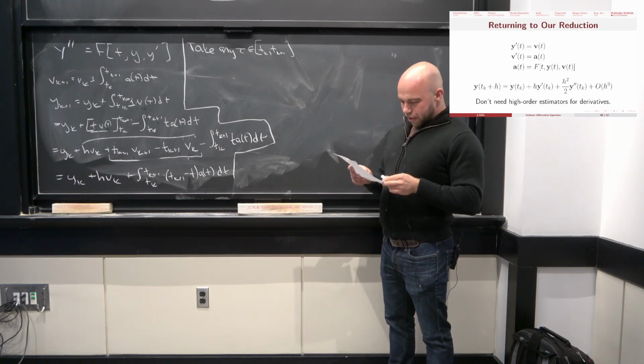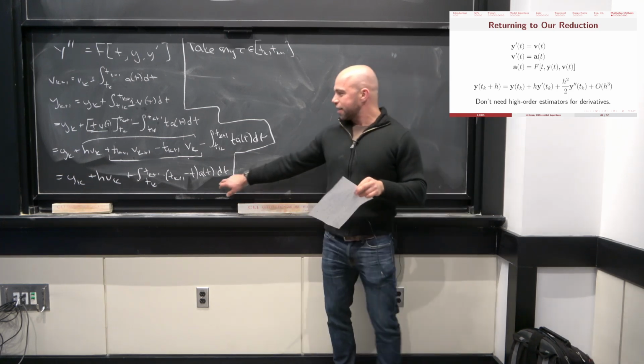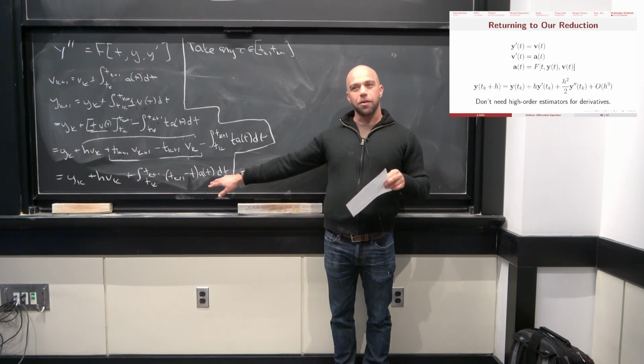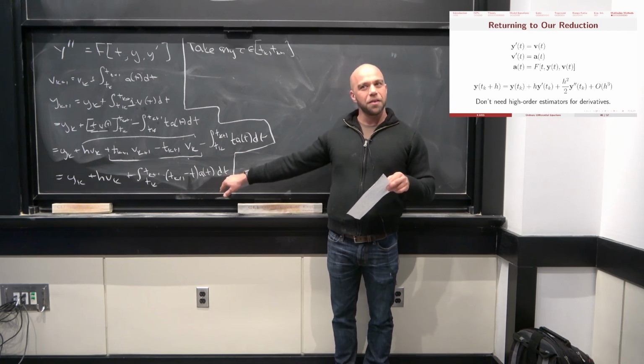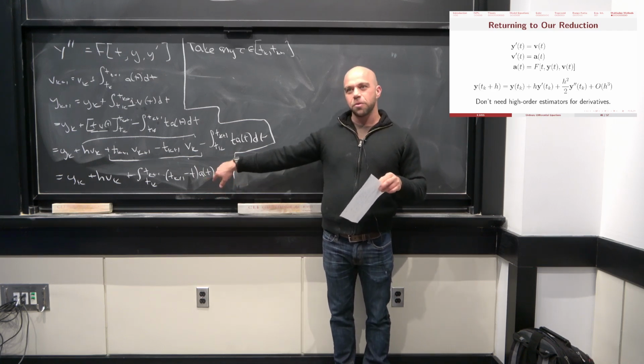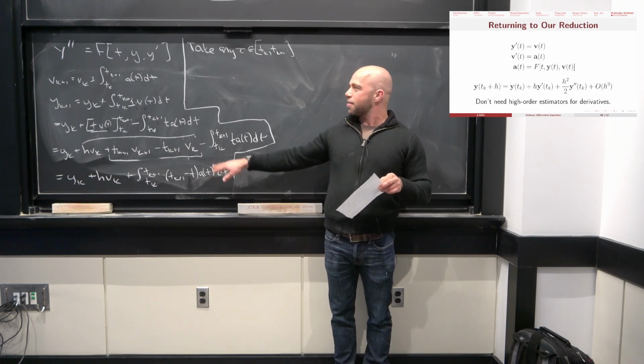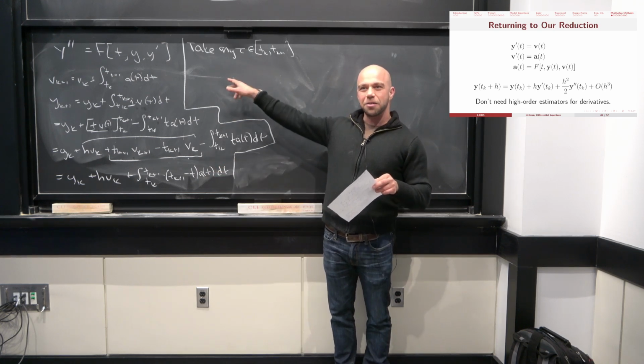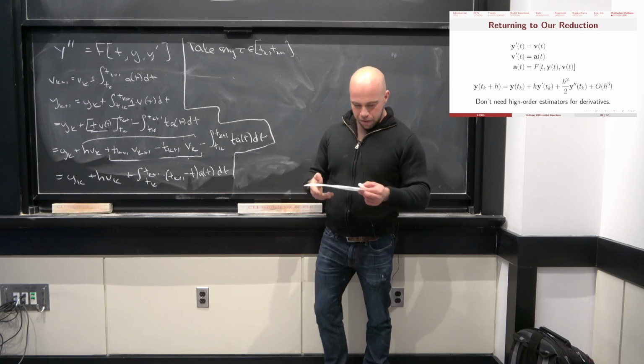Well, here's what we're going to do. We're going to write formulas. Essentially, we're now going to do something that looks an awful lot like our old derivations of integrators. We're going to write a formula for A, the size of the time step, in terms of a tau, just by using a Taylor series. So in particular, we have